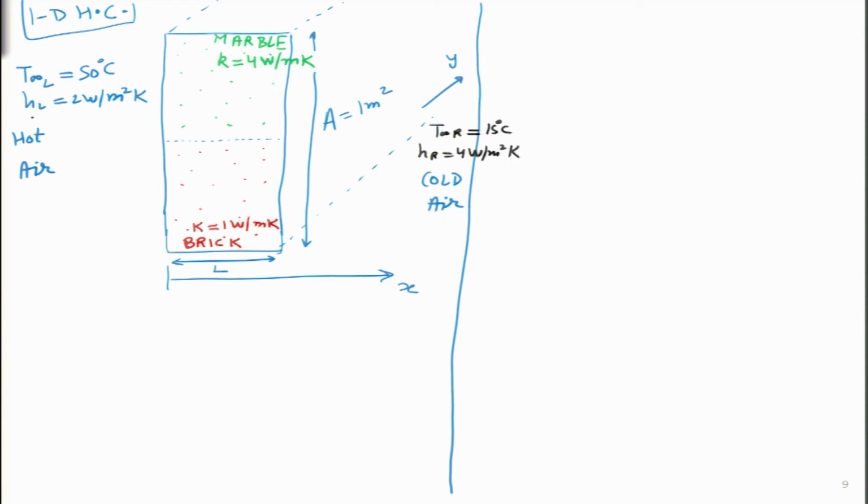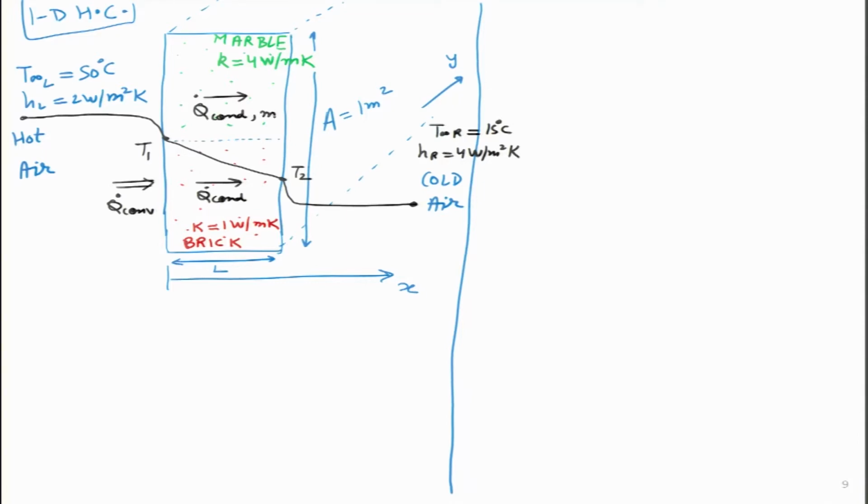So, let me roughly draw what the temperature profile might look like over here. It may go something like this and then something like this. So, I will denote this as temperature T1, this is temperature T2. So, here again we are trying to figure out what are the things that we want to find out, how much convective heat transfer is taking place on this surface, then how much conduction is going over here. But in this case will we have the same value of Q dot for brick and for marble? Let us assume that they are different, and then later on we will figure out whether it turns out to be same or different.